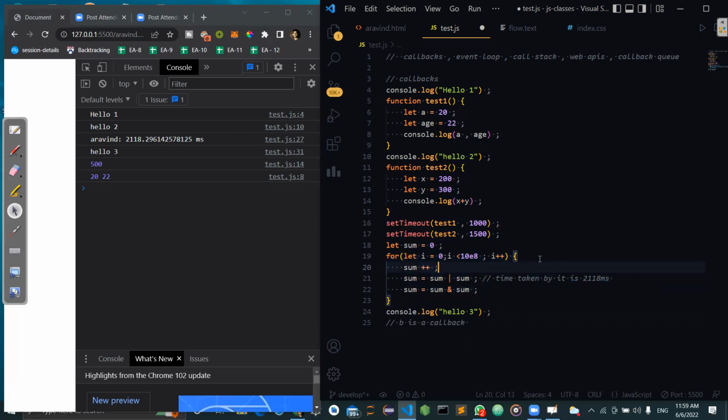Okay. Now you tell me what will be the output. This is going to be really interesting. So those who understood and focused pinpointedly, they can tell the answer very easily. First hello one will be printed. After that hello two. Okay. But after that,